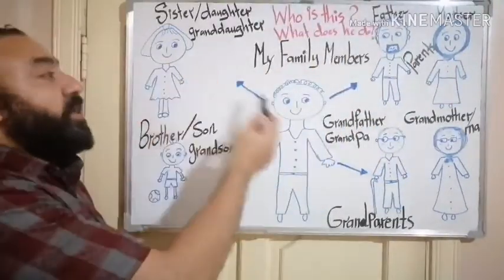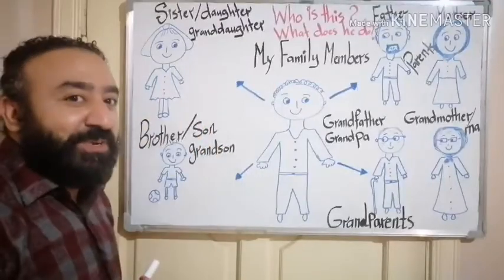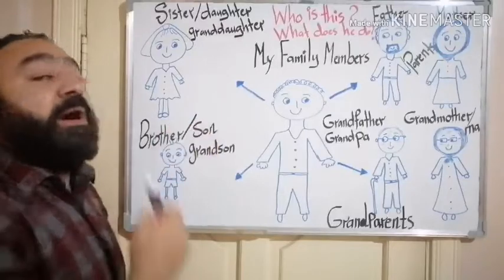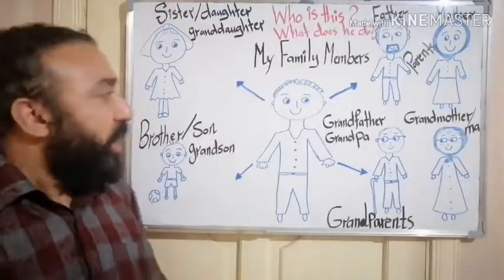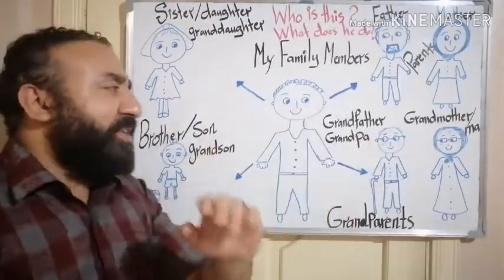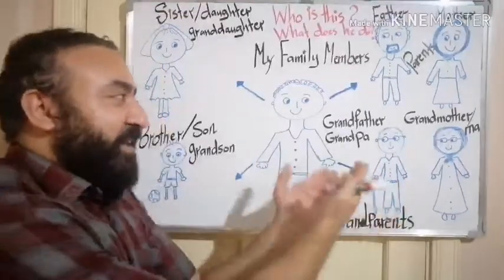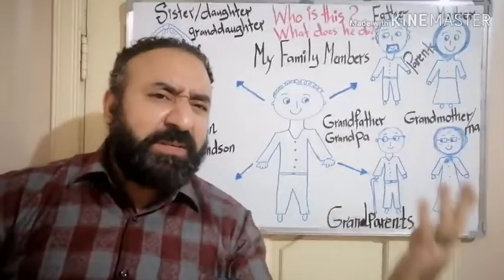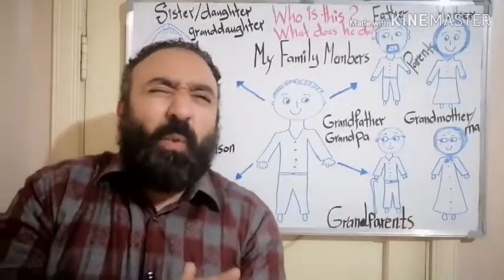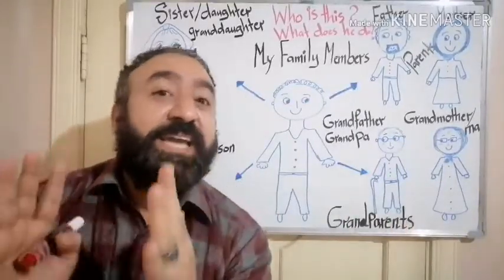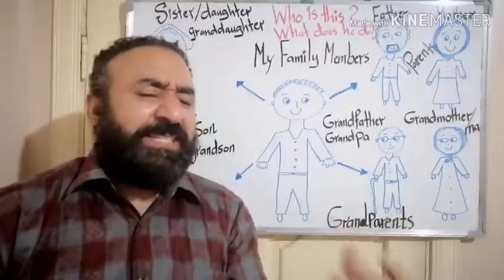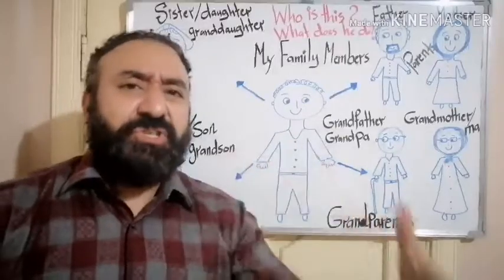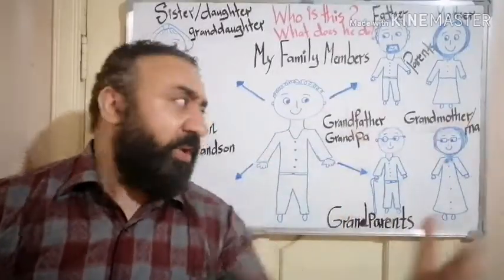Okay, what about your sister? What does she do? She is a student. What does he do? He is a student. Both of them are still studying at school. You can say here, what does he do? Actually, because he is very old, he is retired. What does it mean, retired? That he doesn't work anymore. He stays at home because he is an old man and he doesn't have that stamina anymore to do his job over and over again.